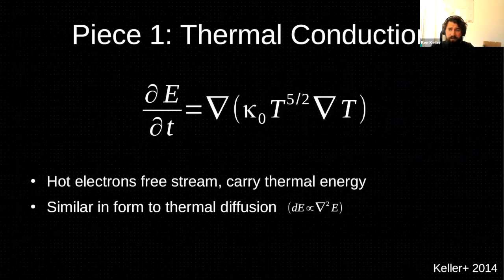So the conduction part is fairly simple. It's governed by this simple conduction equation, which, if you see you've got two nablas in here, means that this is like a diffusion equation. So we can model it in the same way we model thermal diffusion. But because you see there's this 5/2 power of temperature, it means that the conduction and also therefore the evaporation is self-limiting. If you increase the temperature of the bubble, you'll rapidly increase the amount of evaporation and kind of push you to a self-regulating temperature.